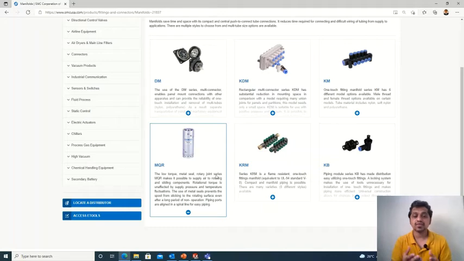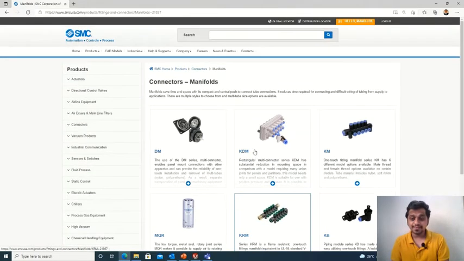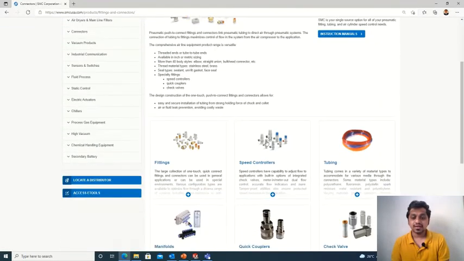So in that case we have the MQR series, which is a low torque metal seal rotary joint. So the tubes will be on the rotary portion of that joint. So with the help of different applications, all these options we have, so we can select accordingly.